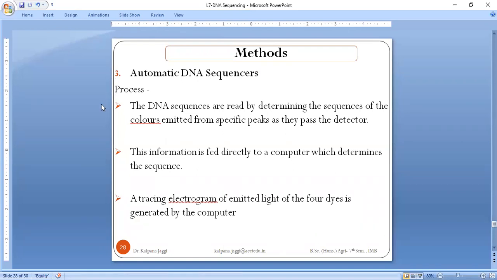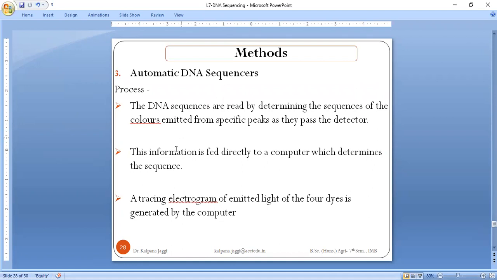And why is sequencing required? Because if we need to go for molecular cloning, then we need to have the information of the sequence with us, and only then can we clone anything. Of course, if you need to prepare multiple copies of something, that sequence must be known to you, and only then could you go for multiplication, right? If you don't know the sequence of what is to be multiplied, then you are going to waste your time, and you are just going to hit something in the dark, waving your hands in the dark without information.